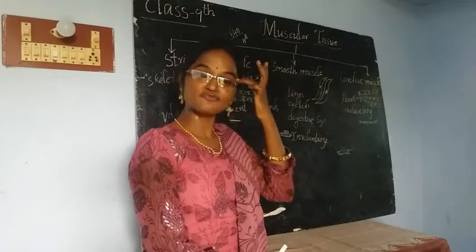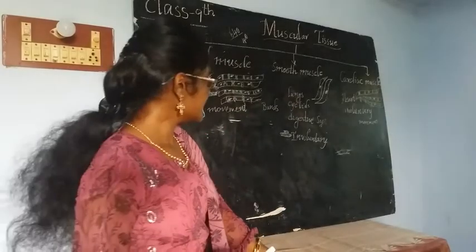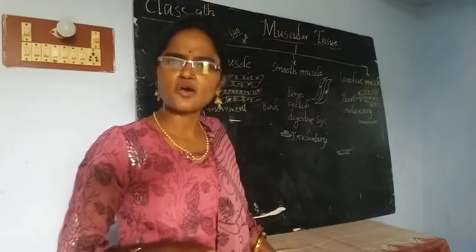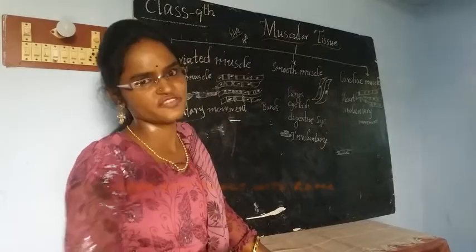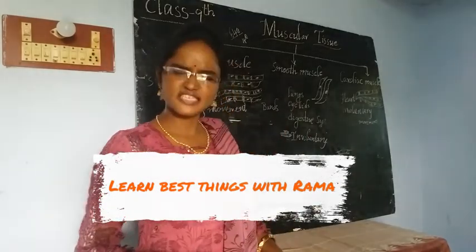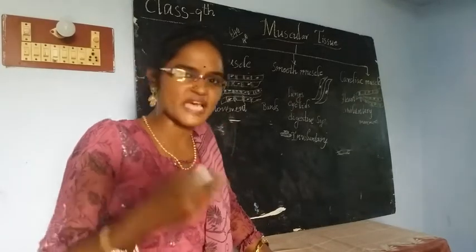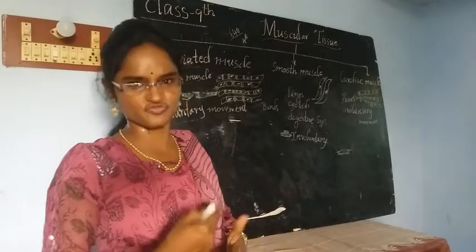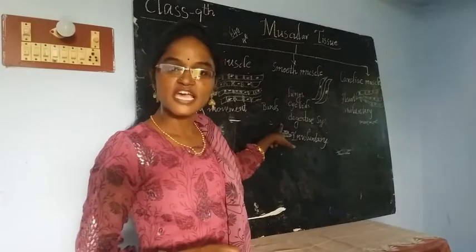And if you think about the function of your respiratory system, digestive system, and at the same time your uterus, urinary bladder, they are not taking suggestions from your wish, your brain. They are doing their work. For example, is your digestive system asking you, is it taking any permission to swallow, to digest? No, it is not taking any permission. It is just doing its work. Means it is not a voluntary function.